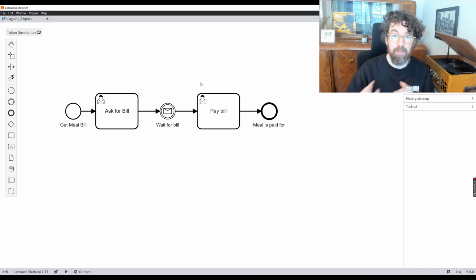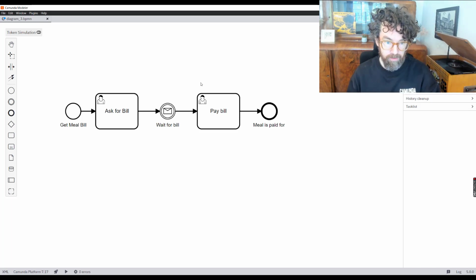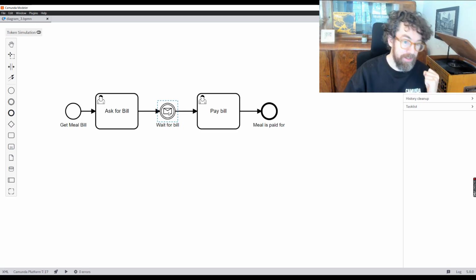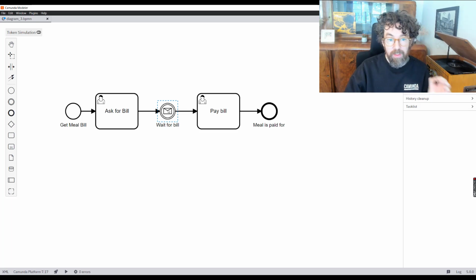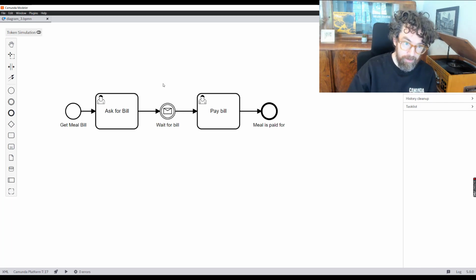The sad thing is that this has a fundamental flaw. The bit of this process that tends to give me a bit of anxiety is that bit where we're sitting there, we've already paid, we've already eaten everything, and we just want to leave and the bill is not arriving. So in this process, we wait forever until the bill comes, but we want to do an escalation. If we're waiting too long, we would quite like to remind people about that.